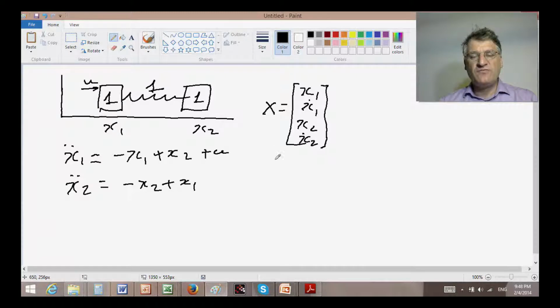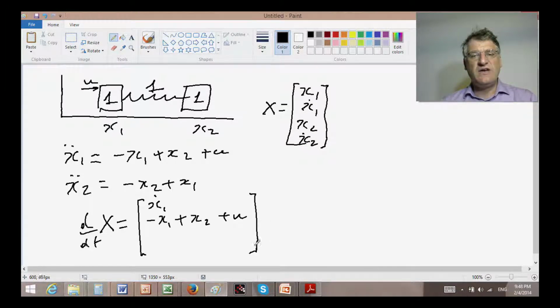By doing so, we can write that d dt of x will be simply equal to x1 dot and then x1 double dot, which is minus x1 plus x2 plus u. Okay, d dt of x2 is equal to x2 dot, and d dt of x2 dot is equal to minus